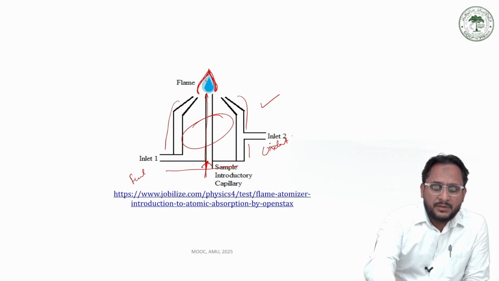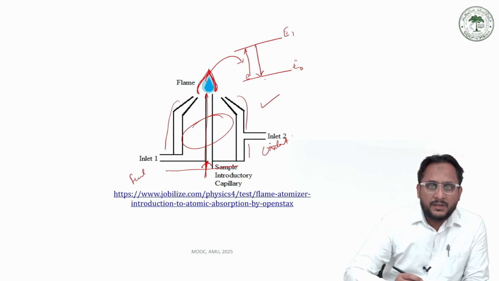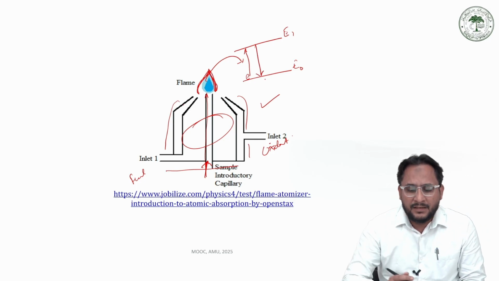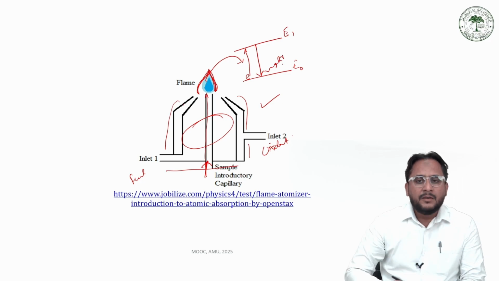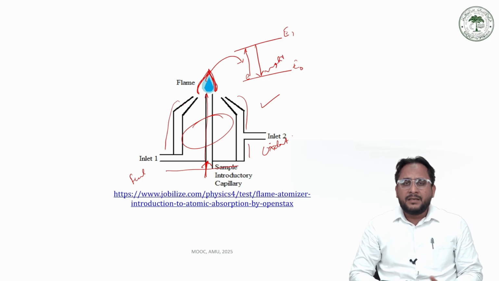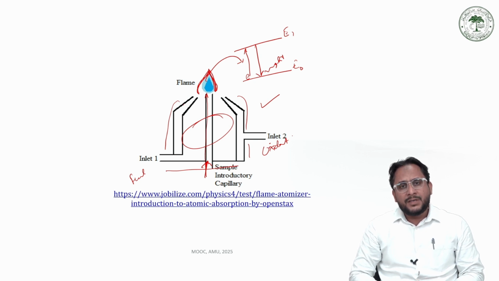These excited atoms have their electrons promoted to a higher level, and when the electrons return back or de-excite, they release energy, they release light, which is detected by a detector, commonly a photomultiplier tube if we are dealing with one element at a time, or a charge coupled device if we are working with multiple elements